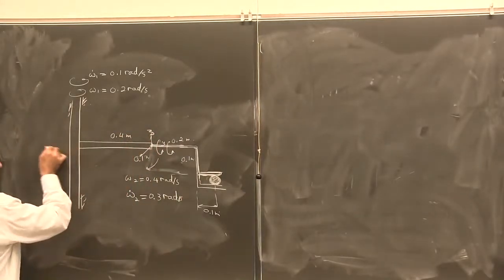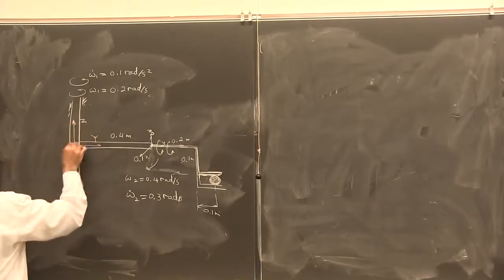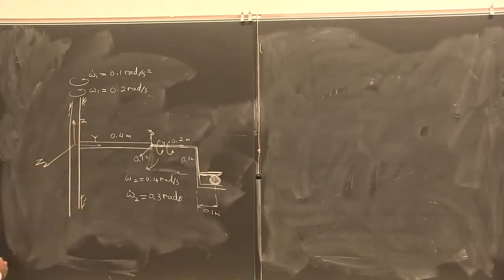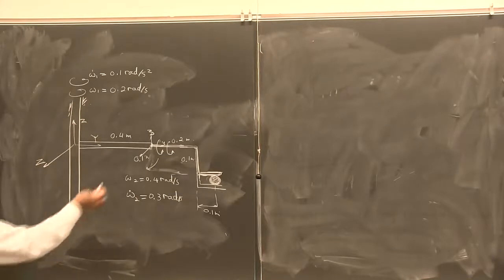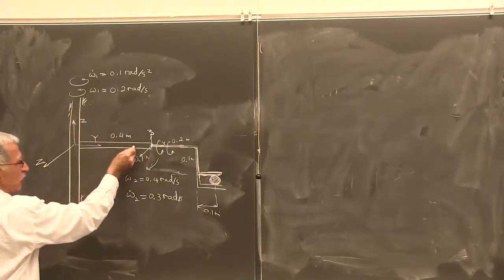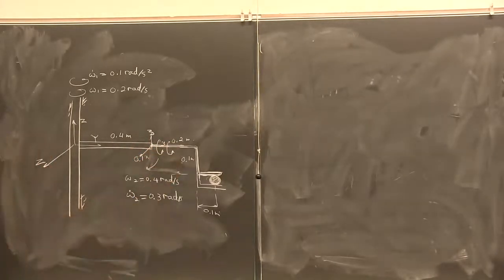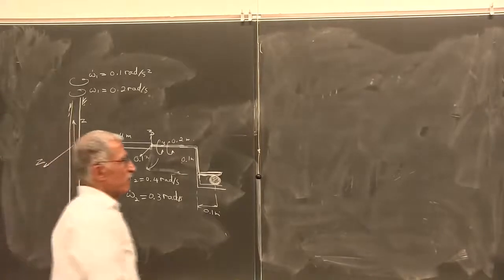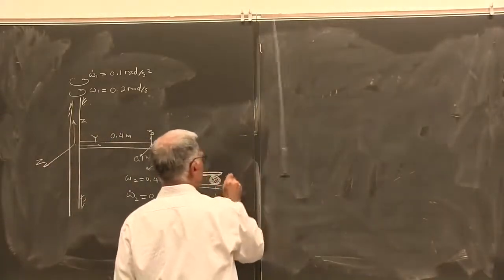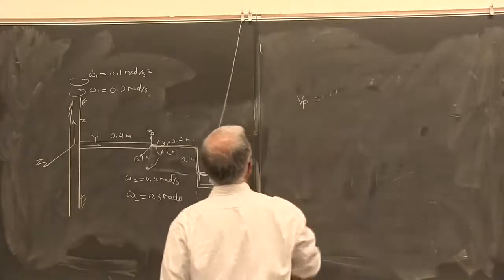You can put the main reference frame here, and then you do have an auxiliary reference coordinate system. This auxiliary is attached to here. This one is rotating with respect to the auxiliary. So now you can say the velocity of P is equal to